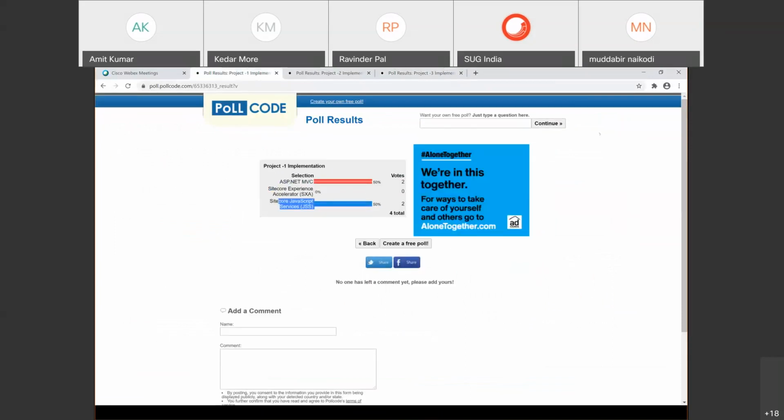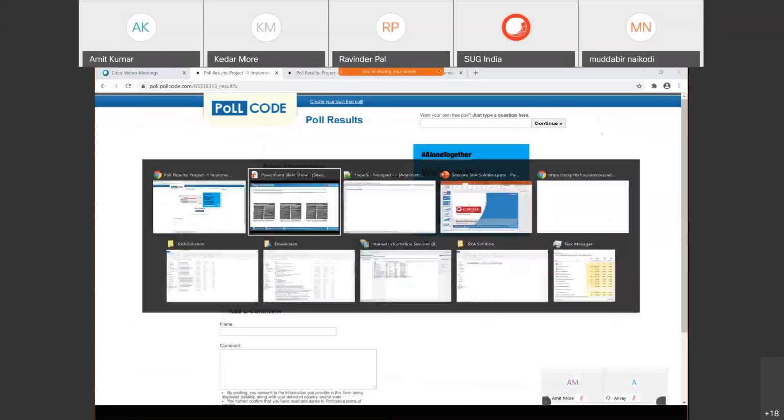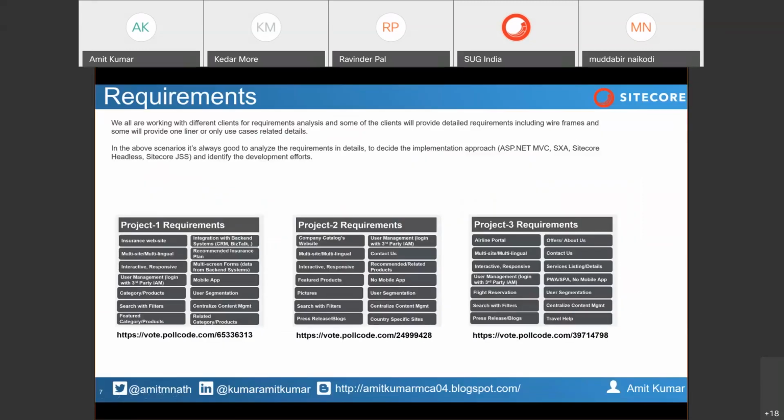As per my experience, the project one requirement says it needs to be an insurance website, which will have many downstream systems to be built, and also a separate mobile app needs to be there, right? In those cases, because it's a separate mobile application, the mobile app is specific to Android or Windows or Google, as the client is telling.